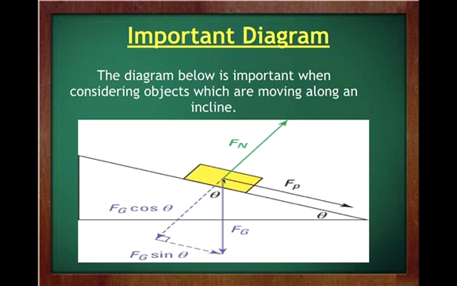So notice how it's not going that way. Your force of gravity pulls directly straight down, and because your object is on a ramp, your normal force isn't just opposite your force of gravity. Your normal force is perpendicular to the ramp here, okay? So perpendicular to the object's motion. So the object is moving down the ramp this way,